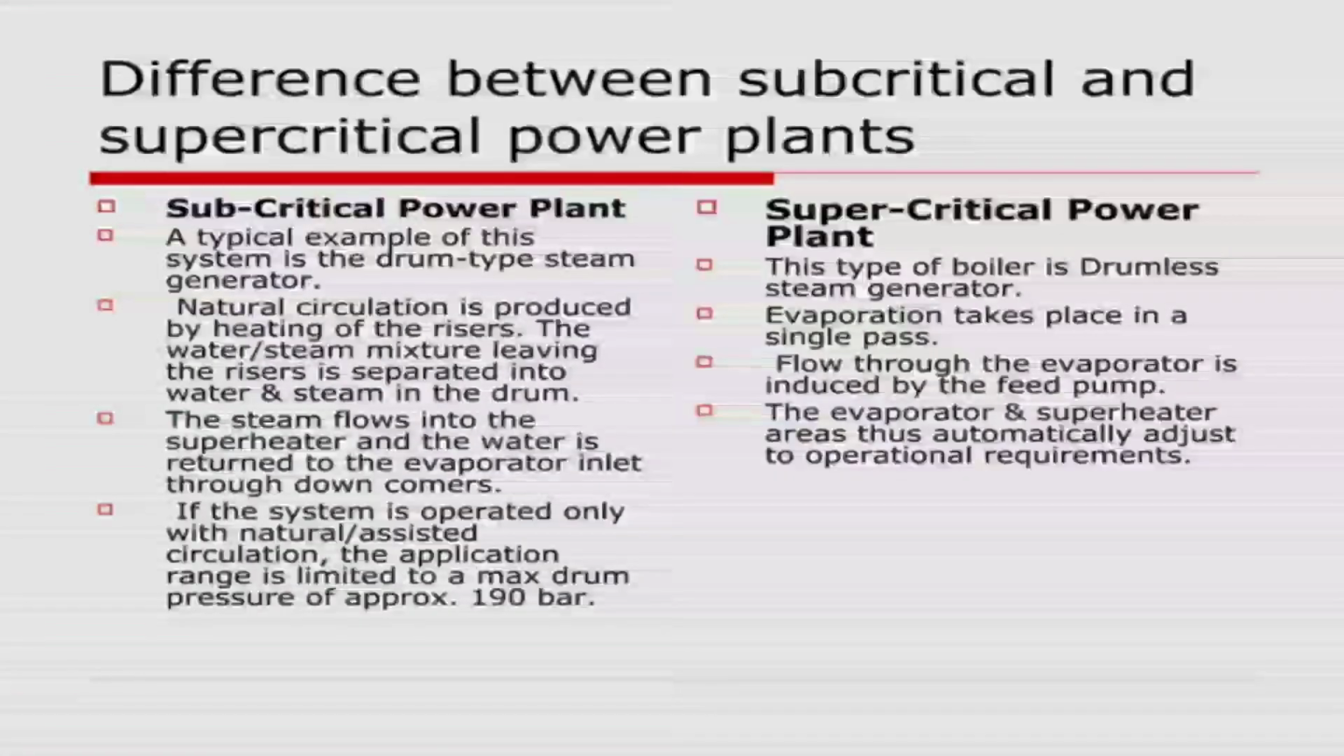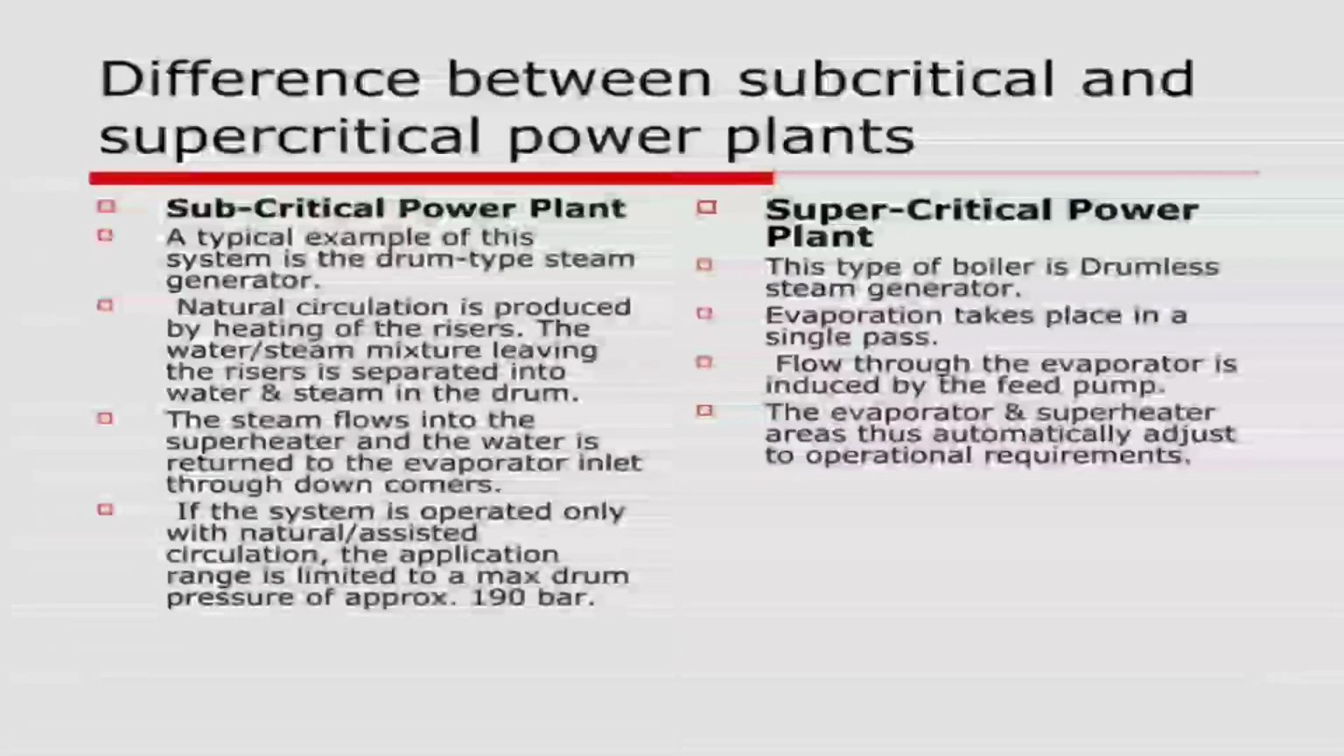The difference between the supercritical and subcritical power plants: for a subcritical power plant, the typical example of this system is the drum type steam generator. Natural circulation is produced by heating of the risers. The steam flows into the superheater and the water is returned to the evaporator inlet through the downcomers. If the system is operated only with natural circulation, the application range is limited to a maximum drum pressure of